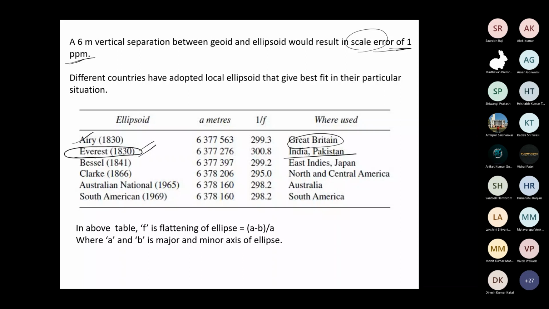Okay, they can use that local ellipsoid. Now, if you know the ellipsoid, you can fit everywhere, no? So East India, East Indies, Australia, South Africa, they all have ellipsoids for their local use. If there is one coordinate, f is the flattening of the ellipsoid. This is given by (a minus b) by a, where a and b are the major and minor axes.